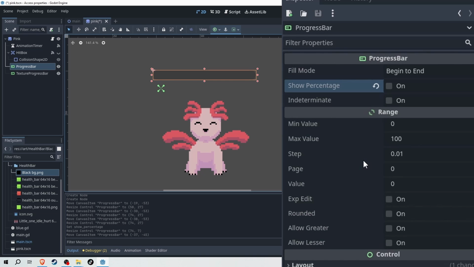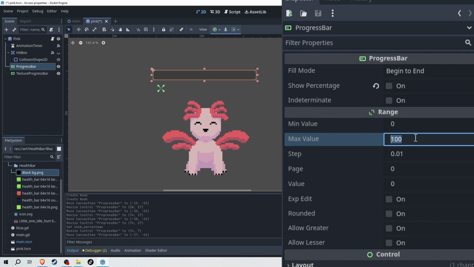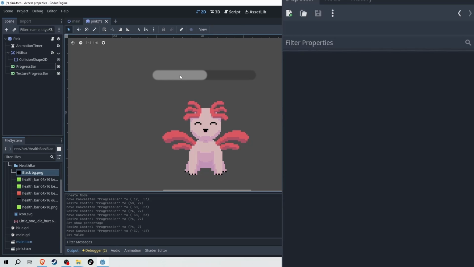Now in the inspector to the right side, you will have a bunch of values that you can work with. For example, what is the minimum value of health that this health bar should have, and what is the maximum value. Then also we can set the value that we currently hold. For example, let's give it half full of health, 50 health points,